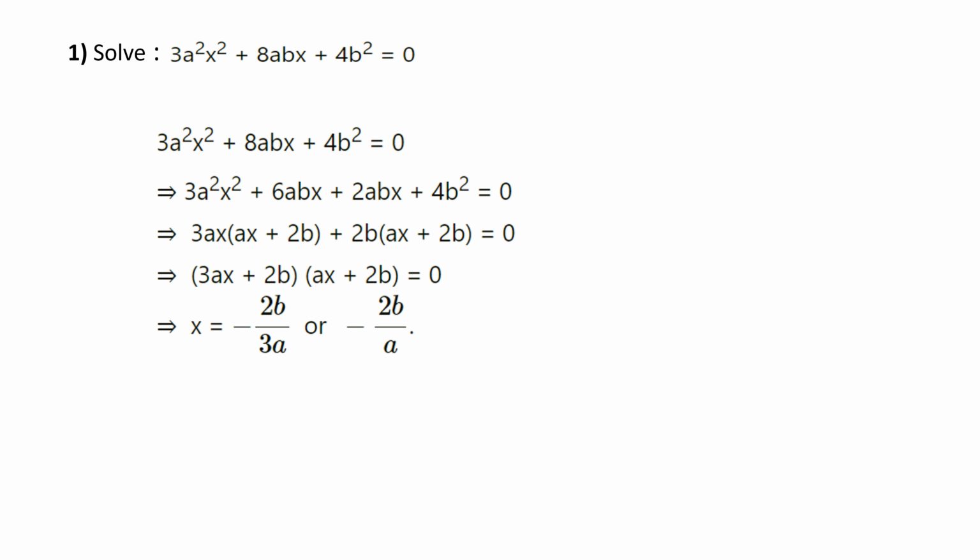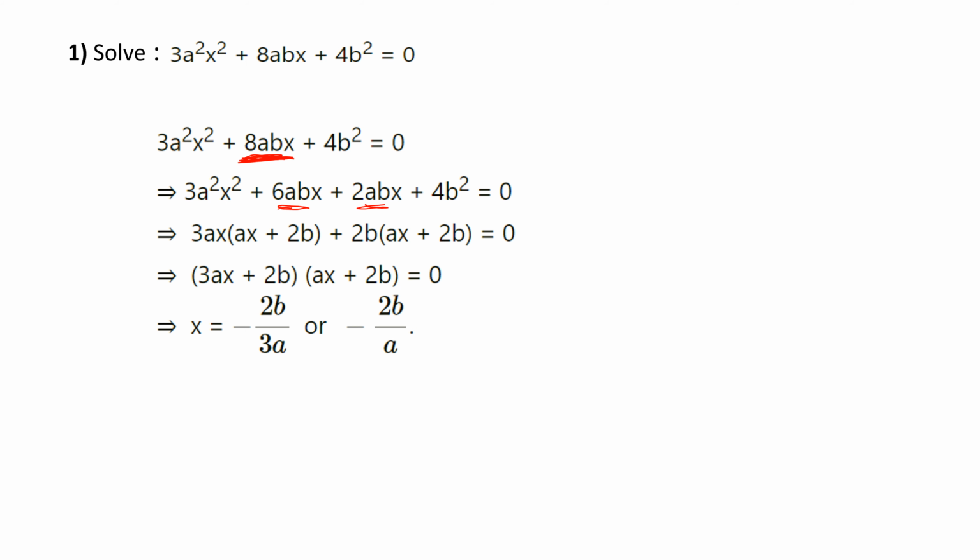Solve 3a square x square plus 8abx plus 4b square equal to 0. So we are supposed to find out the value of x. Being a quadratic equation, we will get two zeros. So we'll go for splitting the middle term. The middle term here is 8abx. Now how can you split this 8ab? 8ab we can split as 6ab,